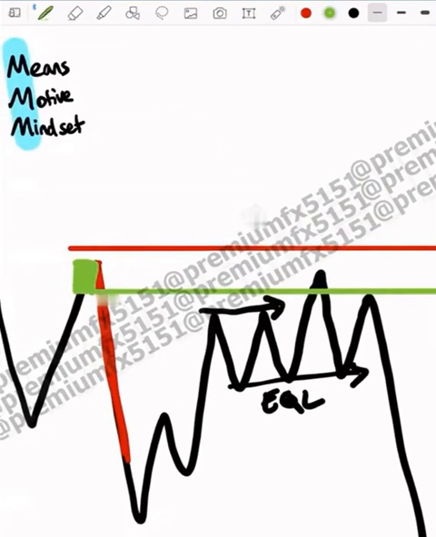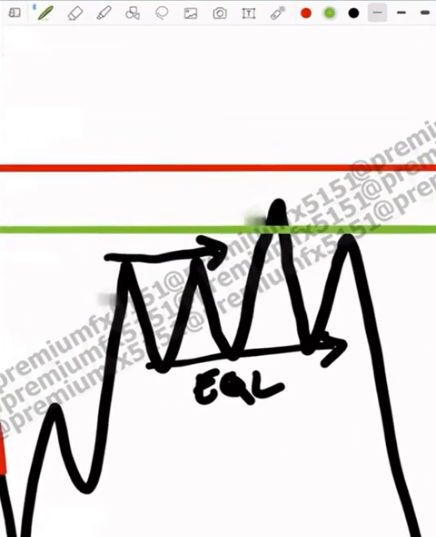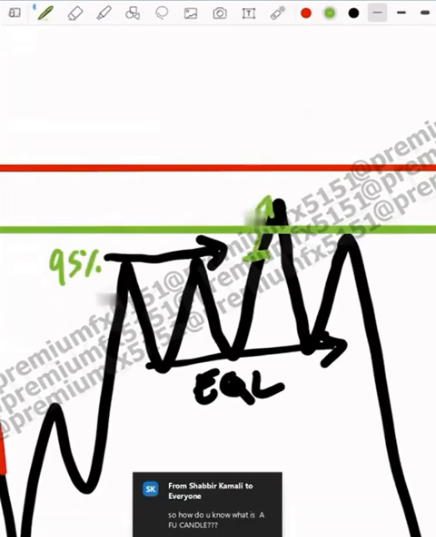The first one is means. So over here, if 95% of people are selling, who has enough capital to push price up? Certainly not retail traders. If 95% of retail traders are selling, that means the 5% of the remaining retail traders